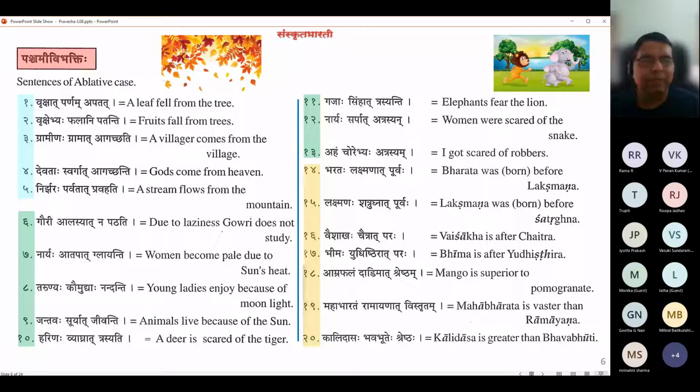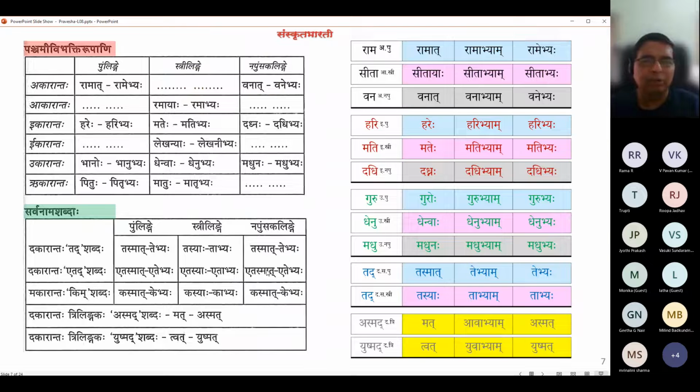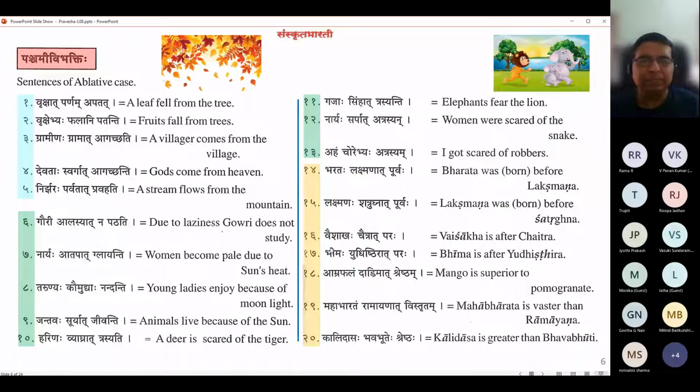It is easy to remember mentally as the source case. Vrikshat parnam patati is a very classic example of Panchami, and the picture I have shown also. Something we have to embed in our head. That is the most common case, and there are a lot of derivative cases. I have used tinges of blue, green and yellow coloration. There are three types of Panchami usage highlighted in these examples. Samskrita Bharati has not explicitly colored them, but I have done that so that we can later correlate with their explanation and see which sentence follows which prototype.